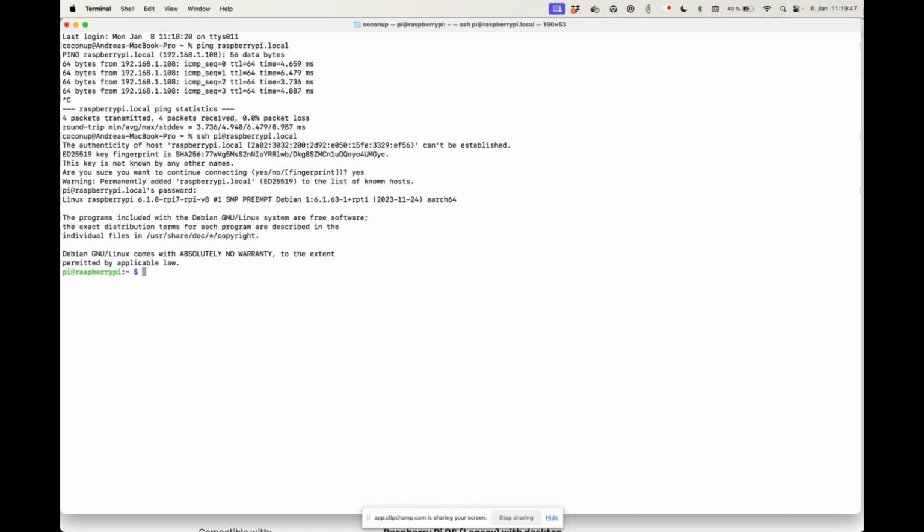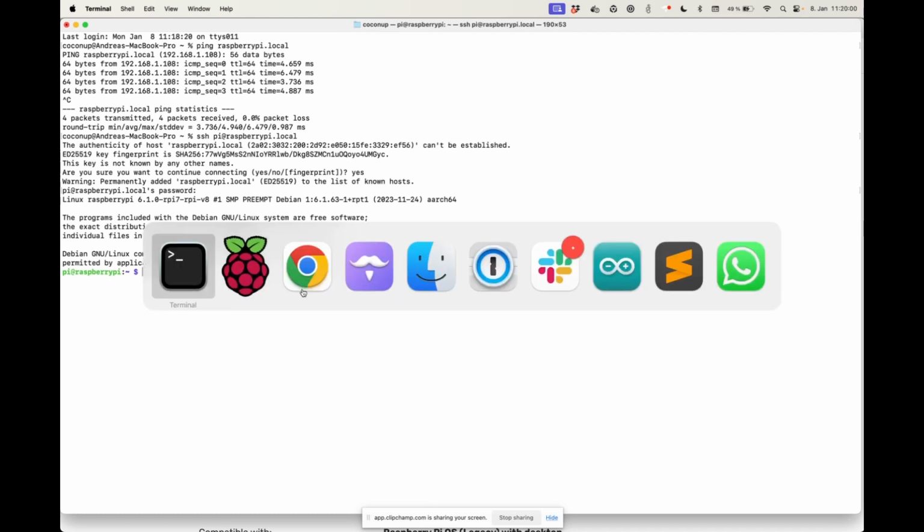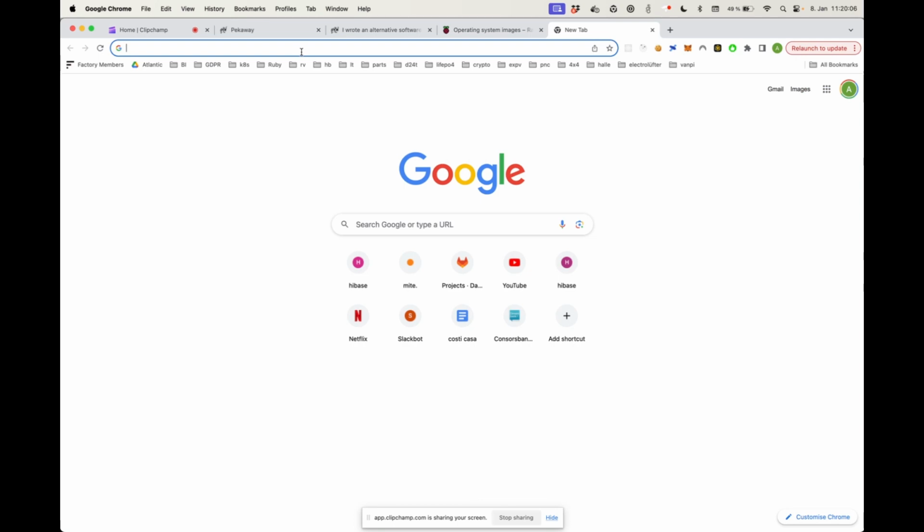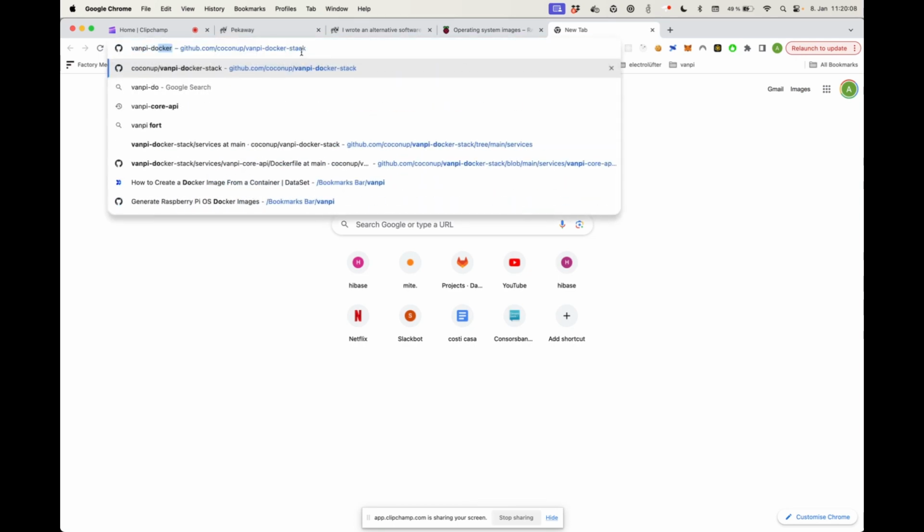All right, and I'm now in the Pi. So nothing so far is specific to the setup that I'm describing today. Of course, this is just how you generally flash OS on an SD card and SSH into the Pi for the first time. What I'm gonna do next is I'm going to go to the GitHub repo for what I